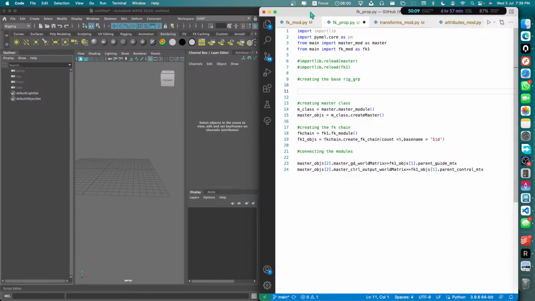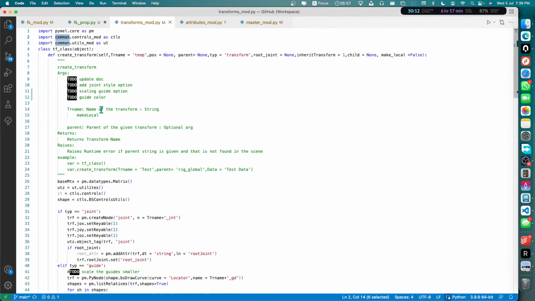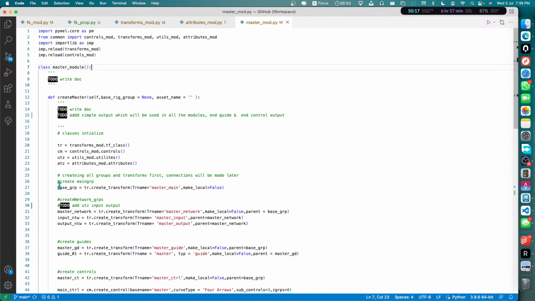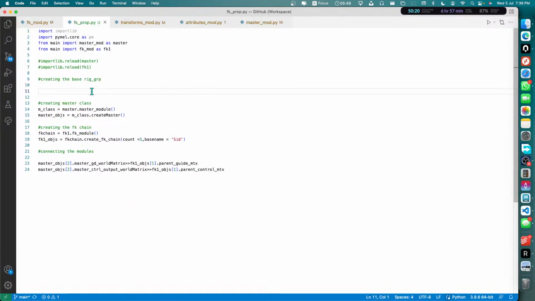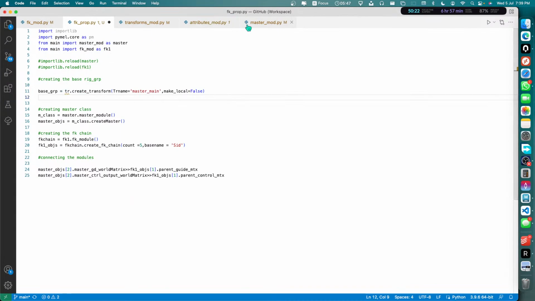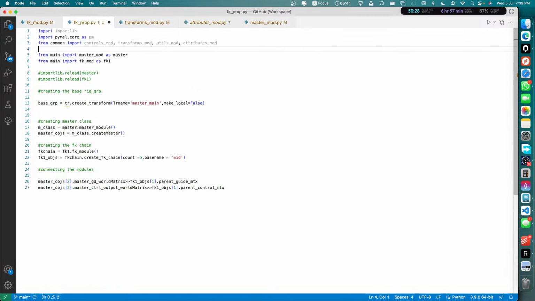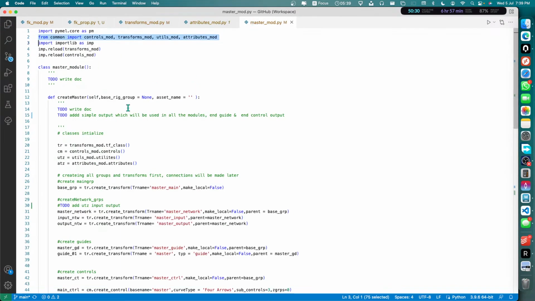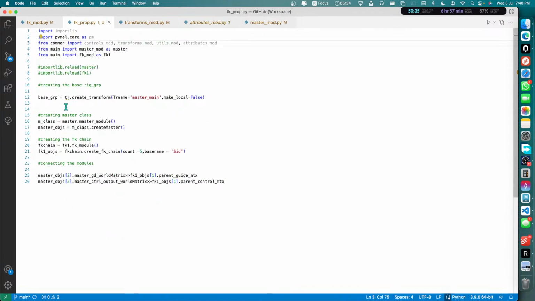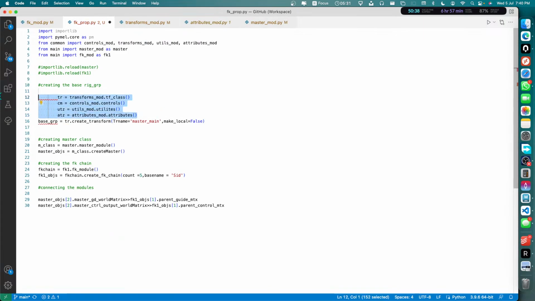Okay, so let's copy our base group, and also let's copy this from here and add this here because I'm sure we're gonna need it sooner or later. And str, need these here as well, would be good to have them here. tr.create rig group,